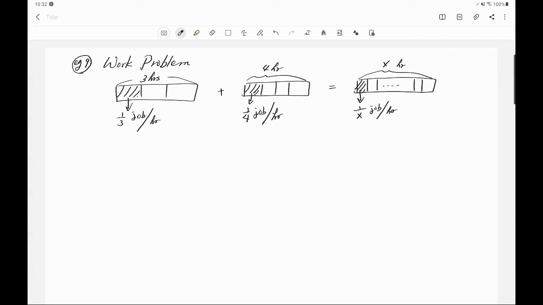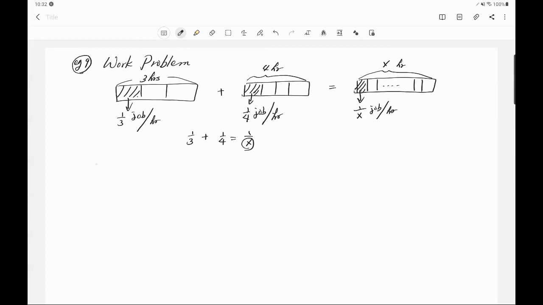So you can write an equation using this diagram. 1/3 plus 1/4 will be 1/X. So these are the work done per hour. From this one, we can find X. So using this example,